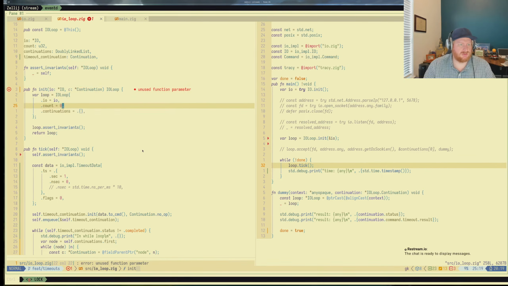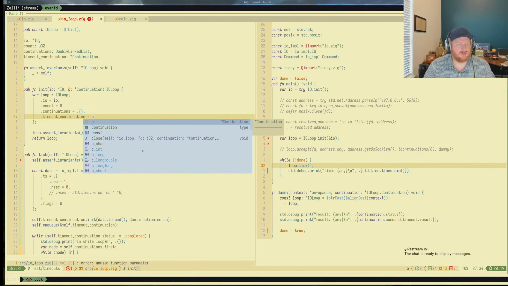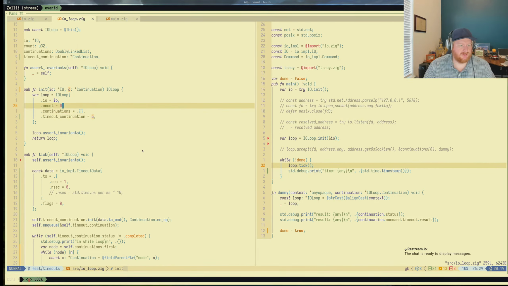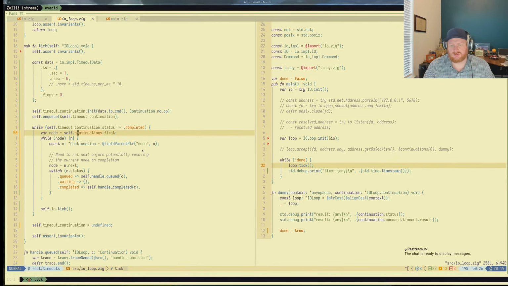Pass in a pointer. Maybe that was our problem. This needs to be a pointer. Let's see. Cool. So now we have that there. Get rid of this. And then when we do an IO init, we need to actually